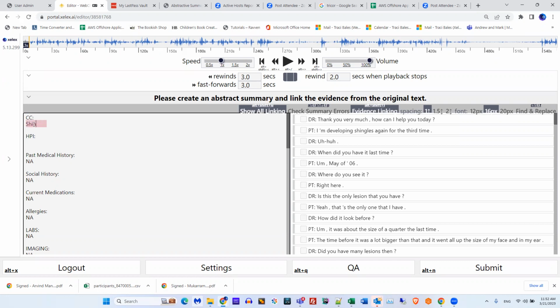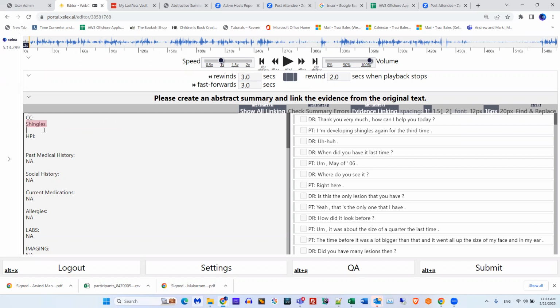Okay, it could be, let's imagine it was a follow-up on high cholesterol. Whatever the reason, you put it here. What if it was high cholesterol and recent fall? You have to put and in there. So you can put multiple things, but you just want it one sentence. This is for shingles though, so I'm going to put it back, shingles.